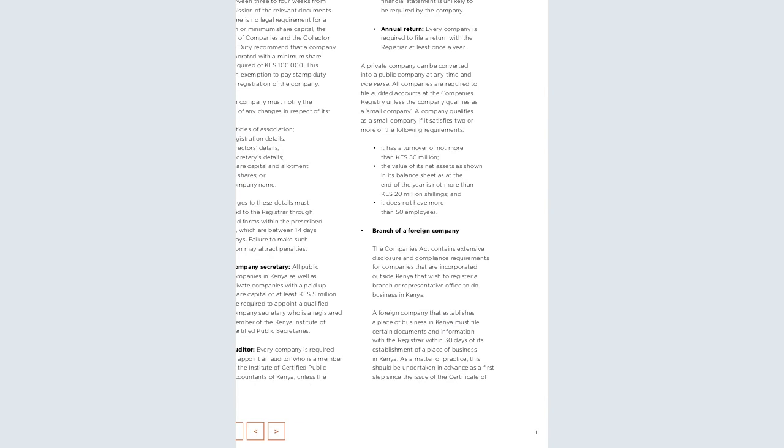Then a branch of a foreign company. If we have a foreign company coming in as a branch in Kenya, the Companies Act contains extensive disclosure and compliance requirements for companies incorporated outside Kenya that wish to register a branch or representative office to do business in Kenya. A foreign company that establishes a place of business in Kenya must file certain documents and information with the registry within 30 days of the establishment of the place of business in Kenya. Now, as a matter of practice, this should be undertaken in advance